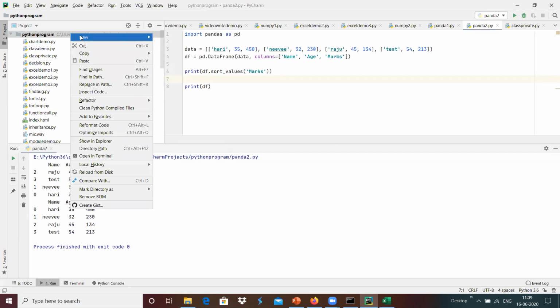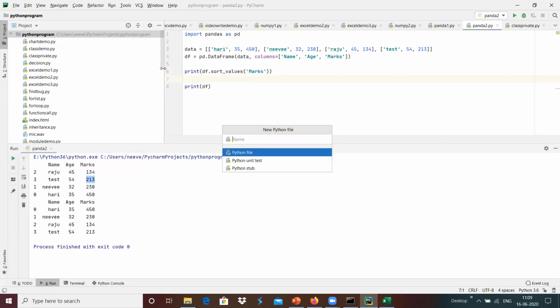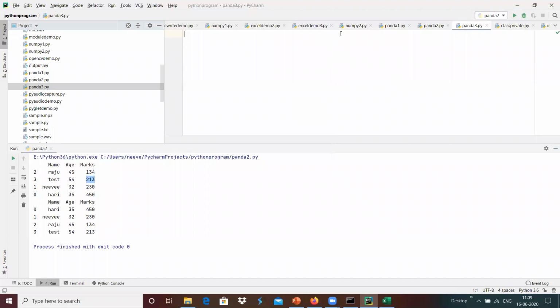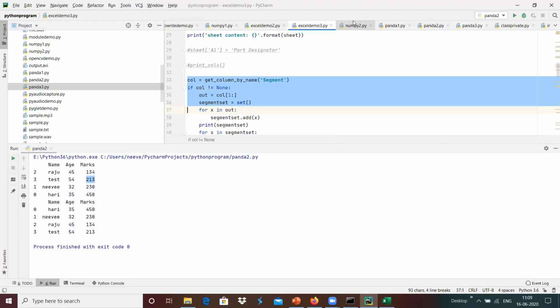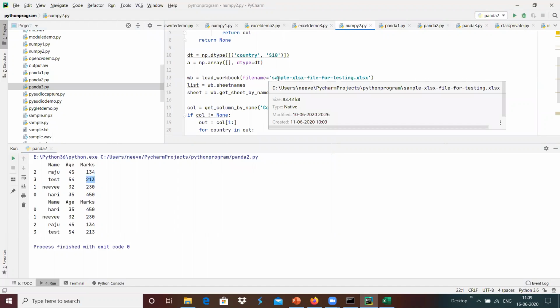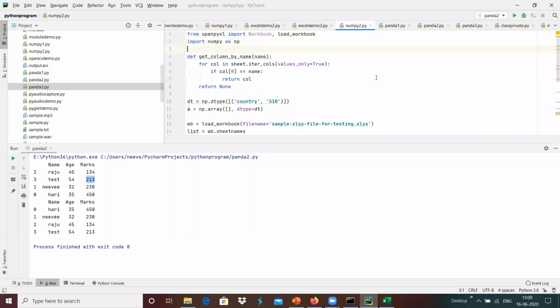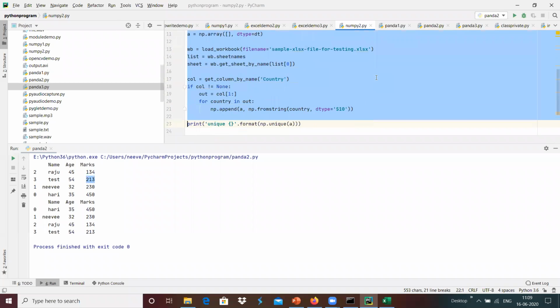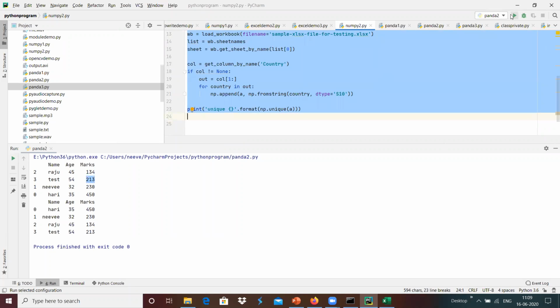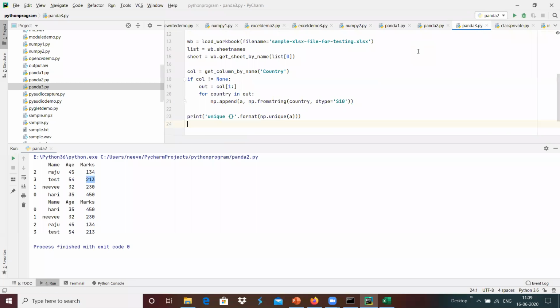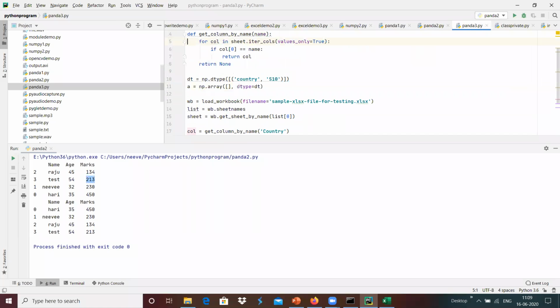For example, I'm going to create a new file, pandas3.py over here. Maybe I'm going to remove some of the things which were done over here.